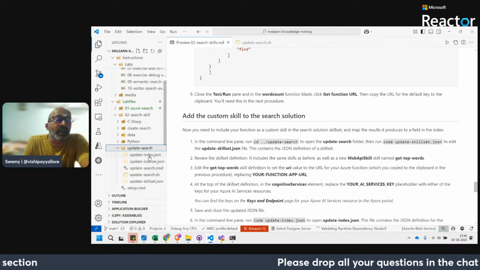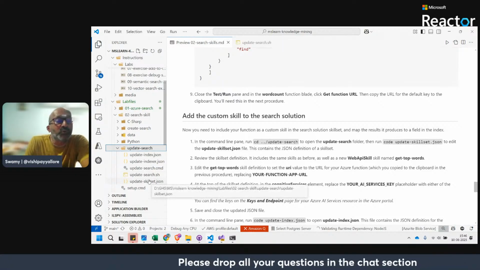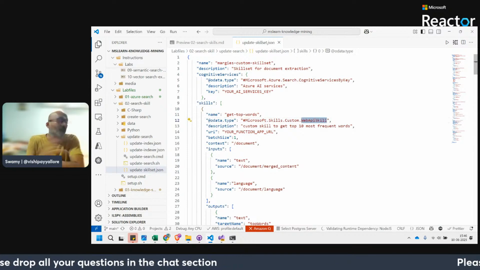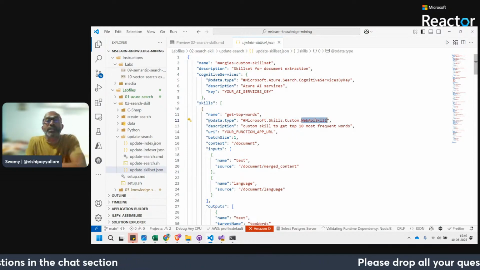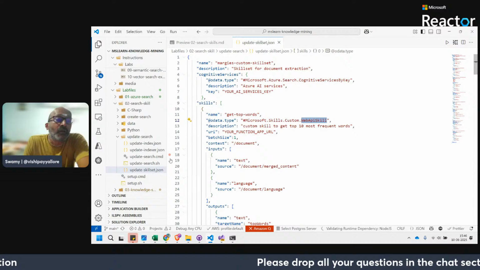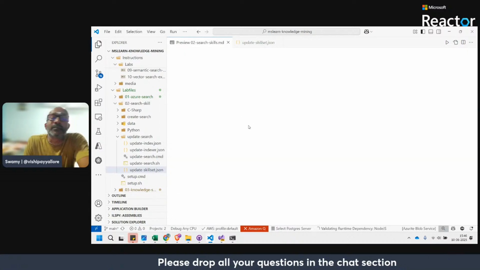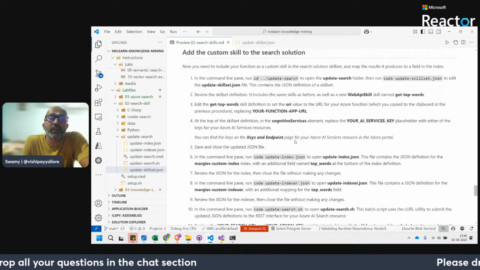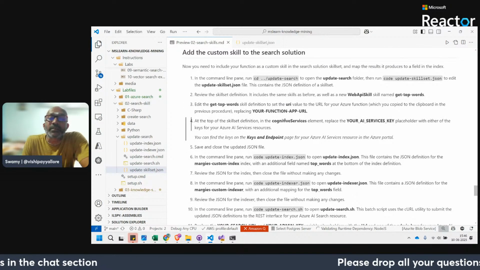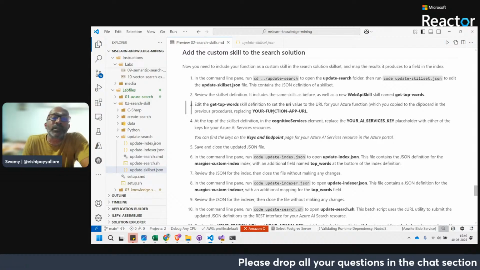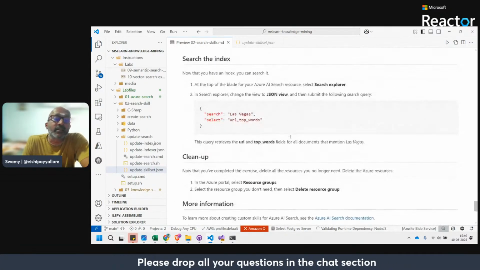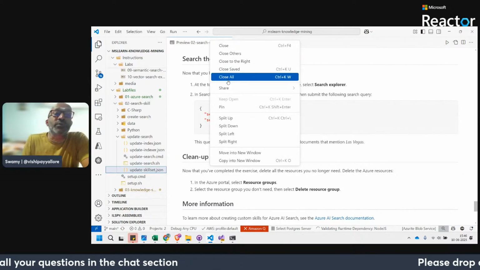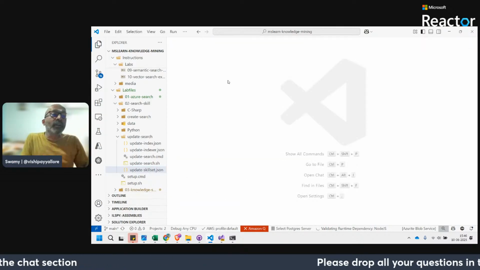We remember that if you go to the update skill, you can see this web API, and we also saw that AML, Azure Machine Learning, can be used, and we saw how to create an Azure function and how to use that Azure function inside the update search, and here you can see the Azure function endpoint URL. We used it in the previous session, and we were able to search. So those were the previous two sessions, a quick recap to get the context of what we did.